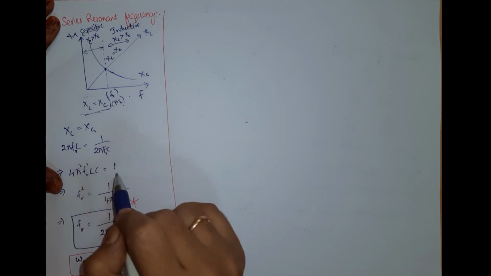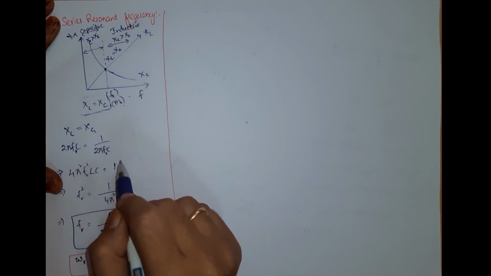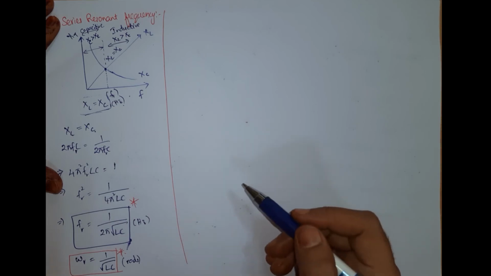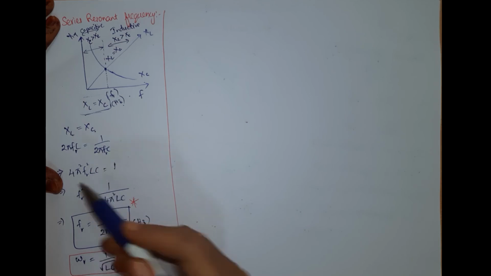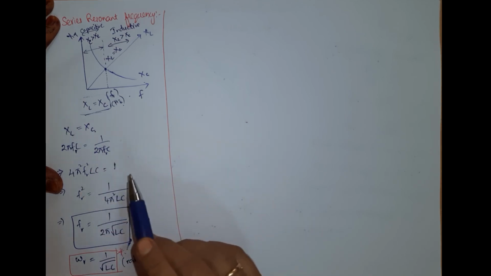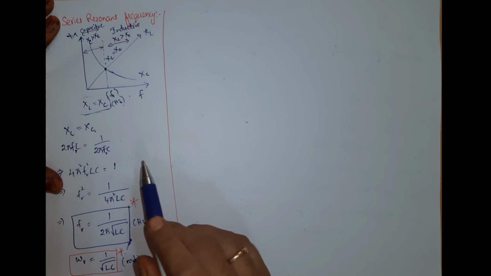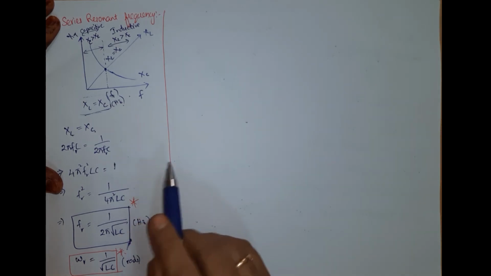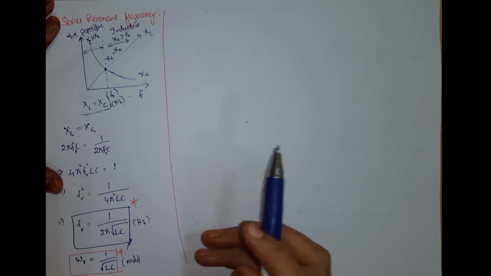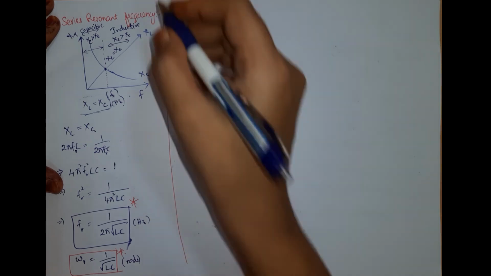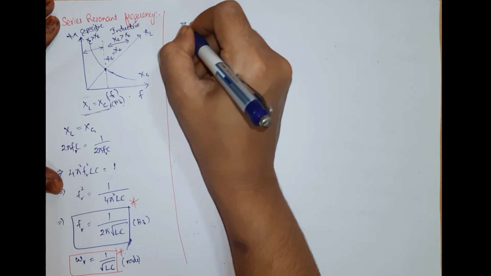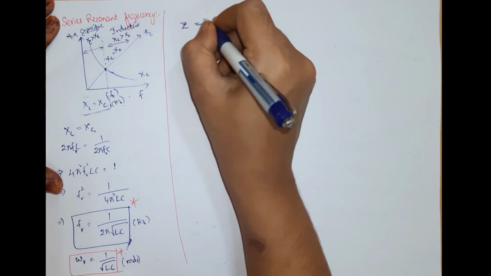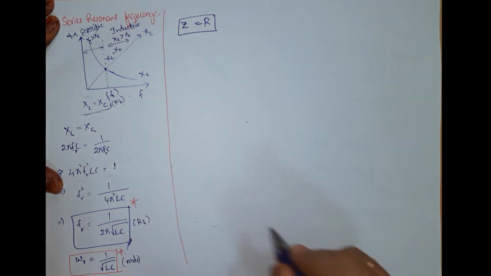Now in complex form, the resonant frequency is the frequency at which the total impedance of the series RLC circuit becomes purely real. Why? Because only the resistor is opposing now. No inductance or capacitance, which give us the imaginary part, are contributing. Only the resistor is available, that is, only the real part. This is because at resonance the inductive reactance and capacitive reactance cancel each other out, so the total impedance of the series circuit becomes just the value of resistance.